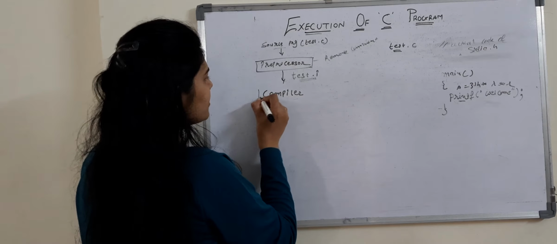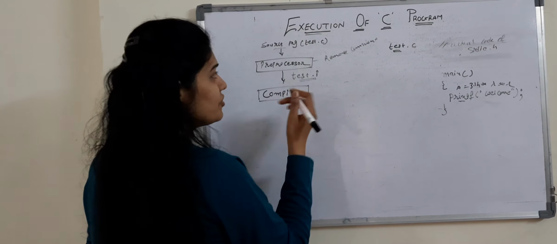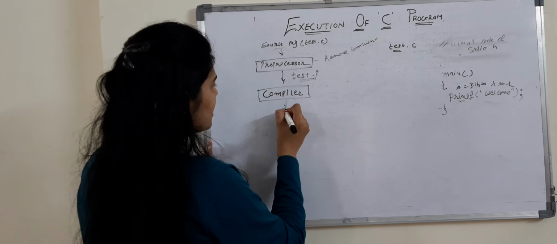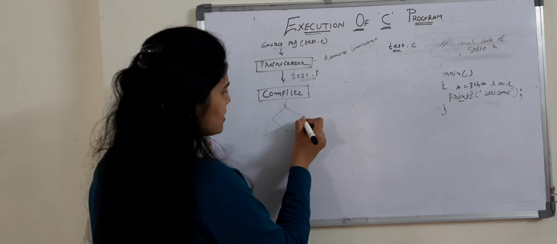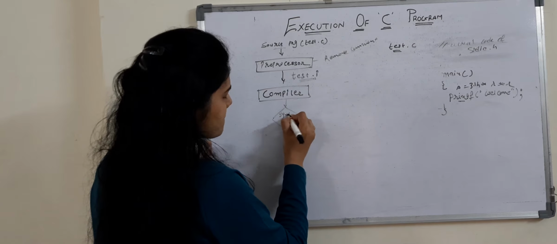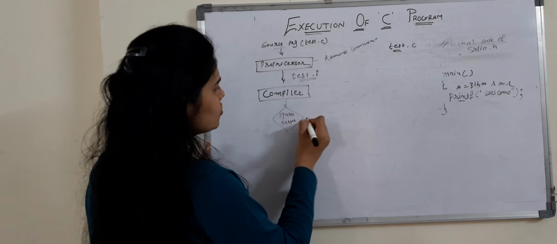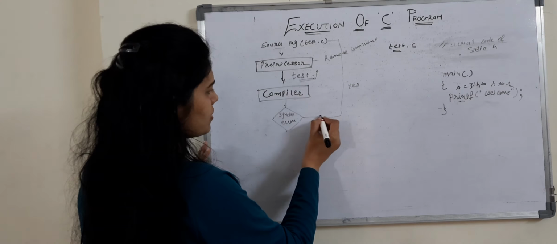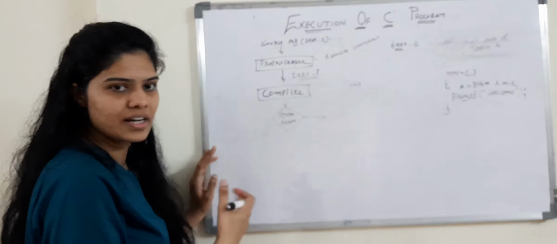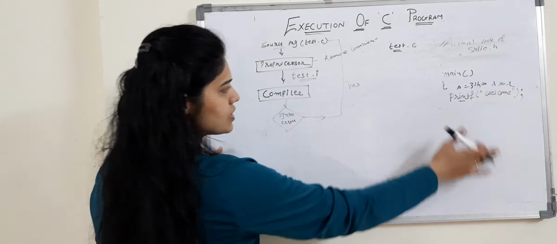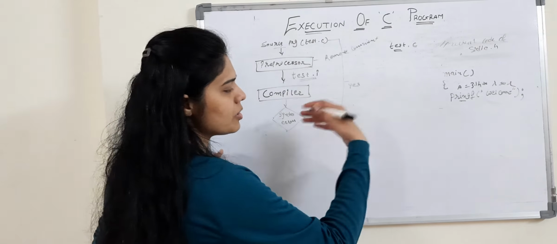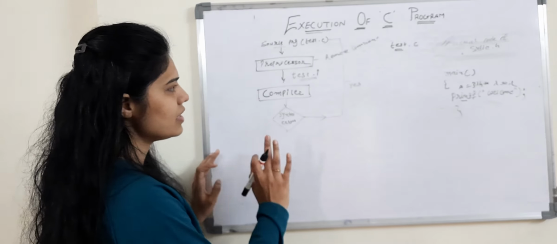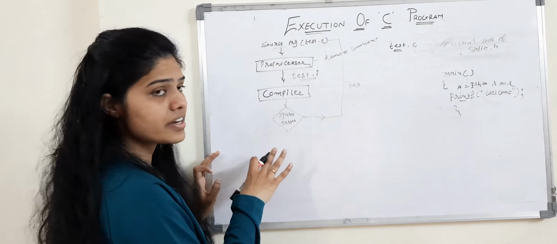Now the role of the compiler will come. What will the compiler do? It will compile this file, this expandable code. During the compilation, if any syntax error is there, then we have to go back to our source code and correct it. Syntax error means, if we forgot to write this bracket, then the compiler will tell you that you are missing this curly bracket. So the compiler is going to check whether any syntax error is there or not.